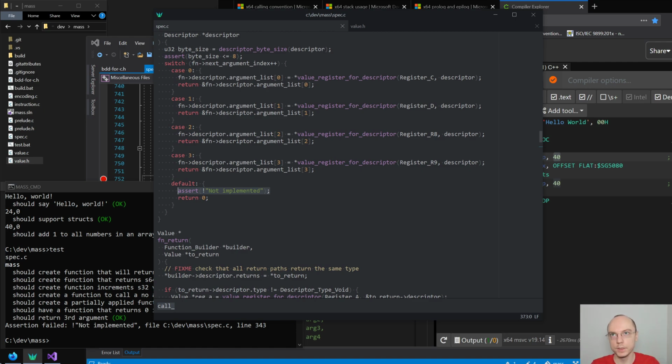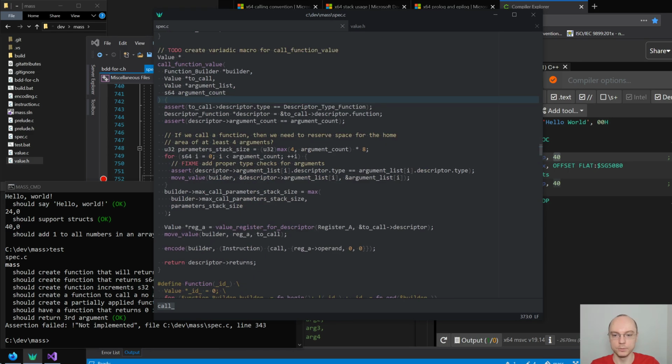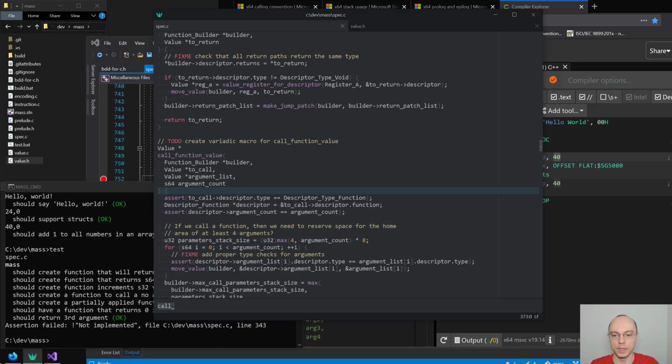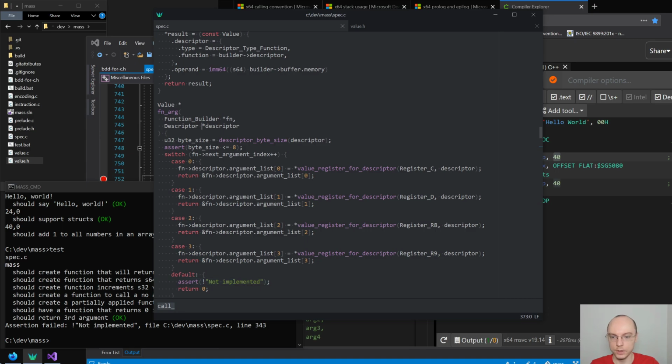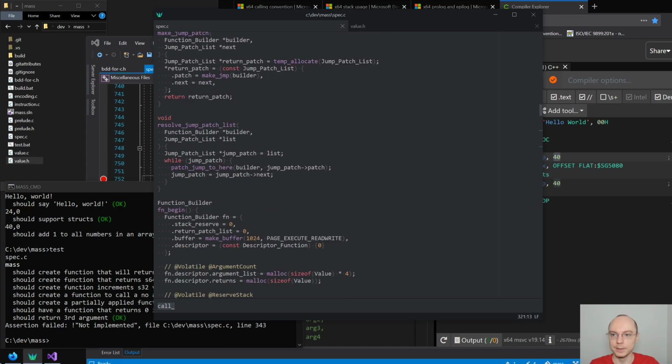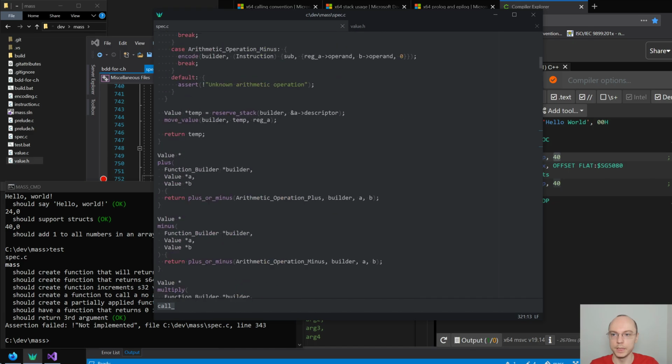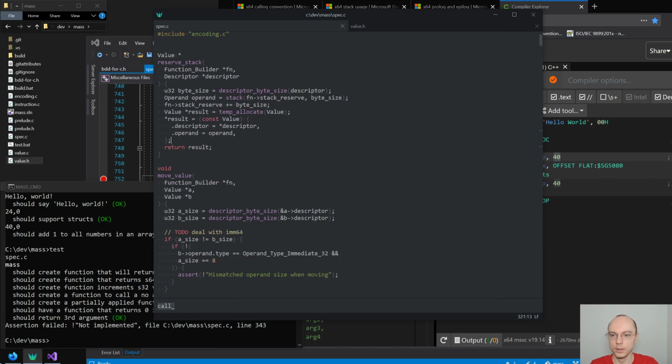Now, the question is, how do we deal with this? Because we don't want to directly reserve stack, because we want this function to take care of figuring out how much space we need, right? So we want to keep this calculation for parameter stack size in here. So I guess in function arg, we will duplicate at least part of the logic from reserve stack and do it manually. So let's take that thing